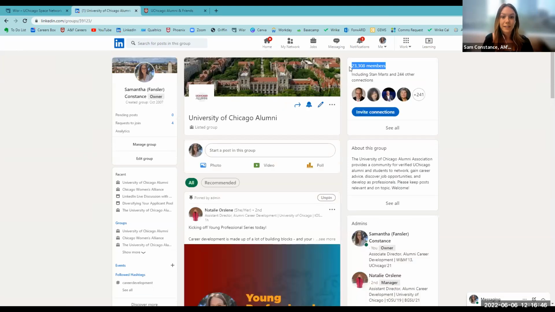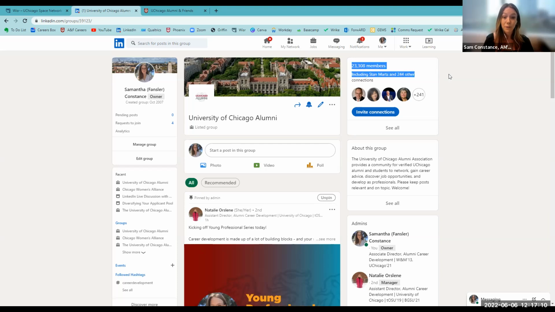This is a group, look at this, 23,000 plus members, a pretty phenomenal community that we have here on LinkedIn. And you can use this to post, keep updated with posts that alums share. Some folks will post job openings or updates about the cool things that they're doing in their work. Some people use this as a way to search for UChicago alums.